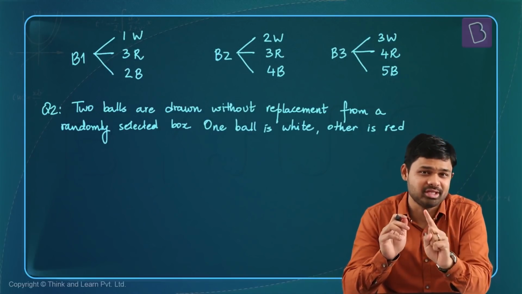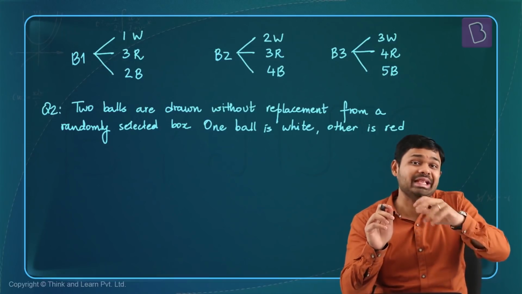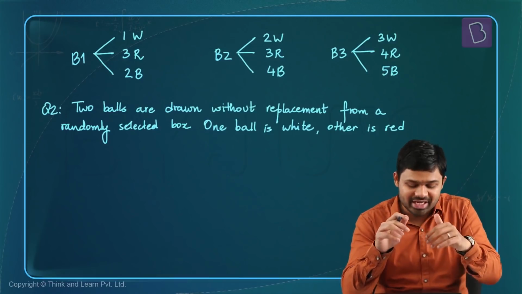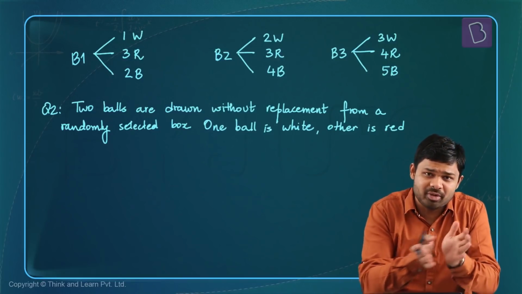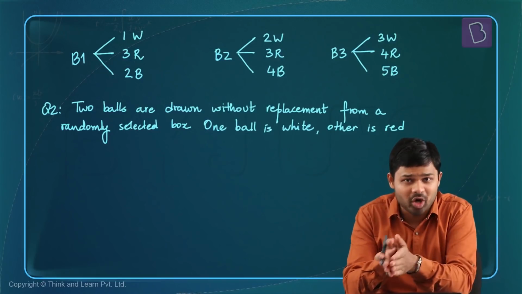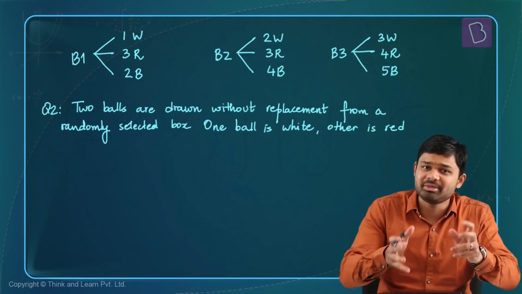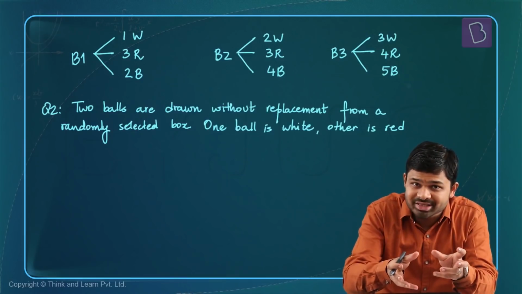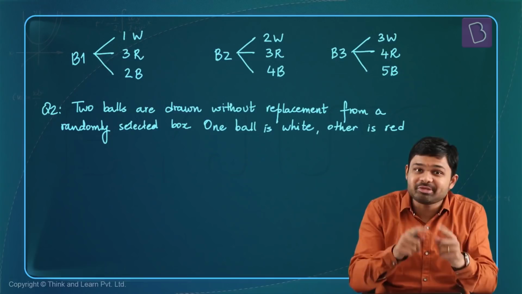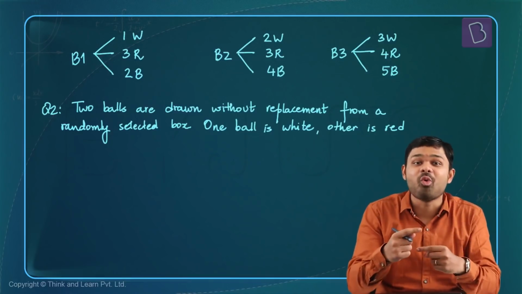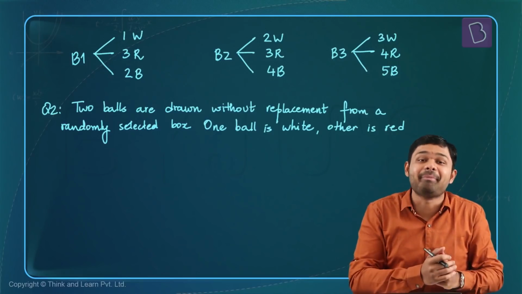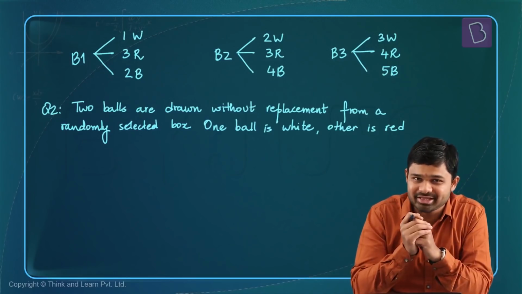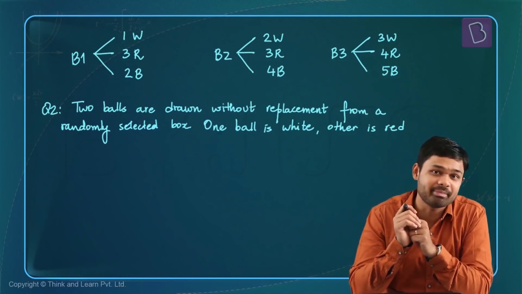A typical Bayes theorem question, because we can find out all the reverse probabilities. We can find out the probability that these 2 colored balls come from box 1, from box 2, from box 3. We can also find out the probability of randomly choosing a box. So given all these pieces of information, we can find out the probability that, knowing the color of 2 balls, they have come from a particular box. Typical Bayes theorem question. So we're going to solve this using Bayes theorem.